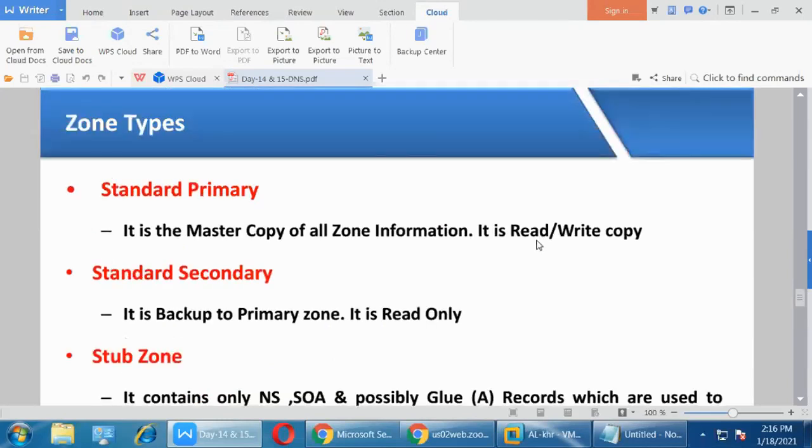To put it simply, think of a register. Inside the register, every class has one page each. That is the zone. First, the forward lookup zone is one register. Inside it we are creating separate partitions: this is the first session, this is the second session, with first primary class, secondary class, like that. In that we are mentioning the name and numbers, like that. So those are the records.